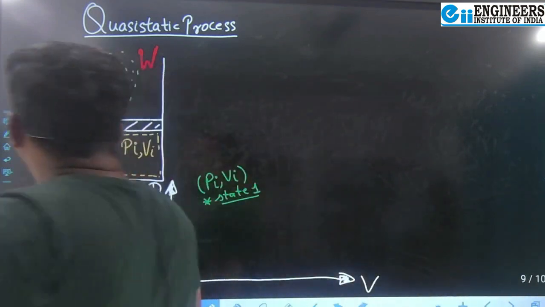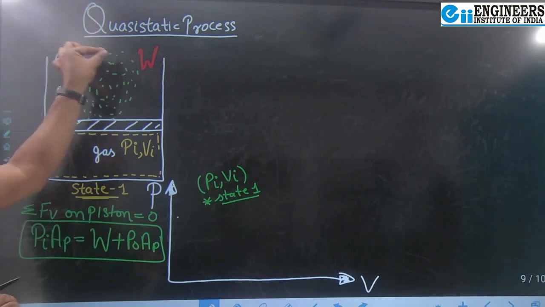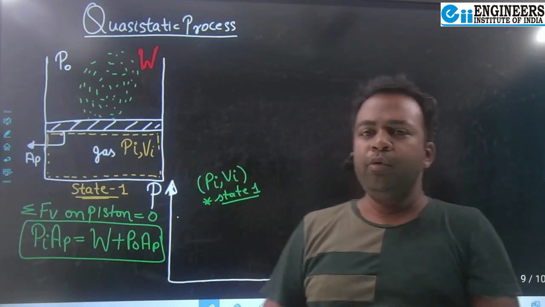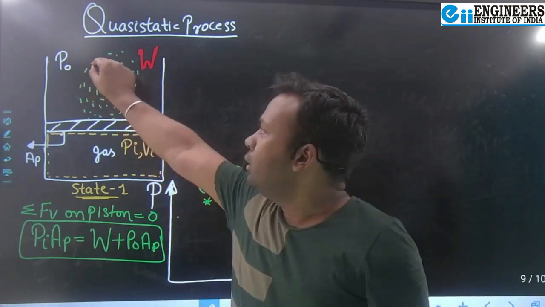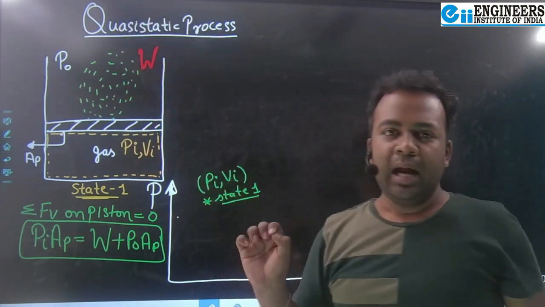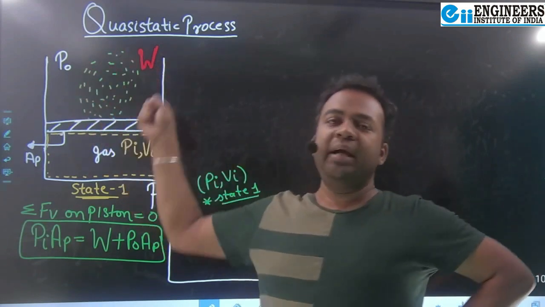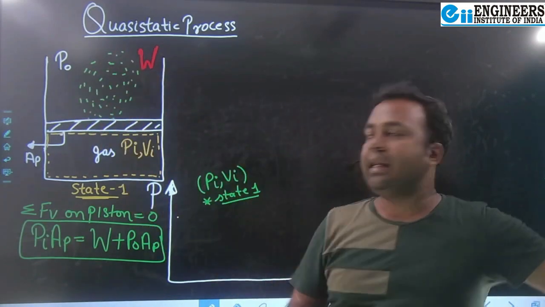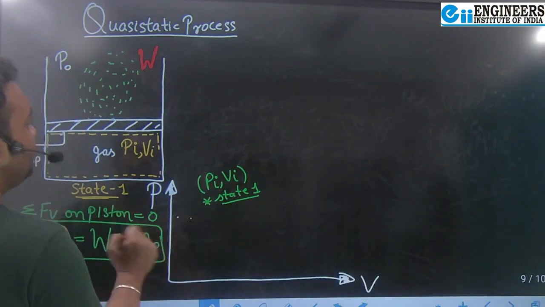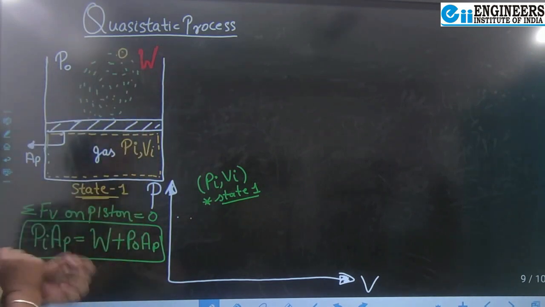Now what we will do is remove a very small amount of weight from here. Let's say I'm assuming this is a heap of rice, a heap of grains. I'm removing one grain from this total grain. And you know that one grain's weight is very, very less compared to this total weight W. It will be in milligrams. So if I remove one small weight, let's say one small grain, from here,